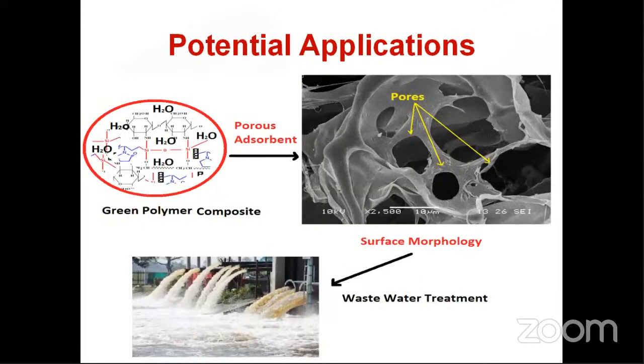As we have used chitosan, graphene oxide, and polymerized ionic liquid: chitosan alone, graphene oxide alone, and polymerized ionic liquid alone have very good characteristics, good ability towards arsenic capturing, and for copper, and for other heavy metals and other organic pollutants. We combine these materials, so we are expecting that the potential application for this kind of material could be